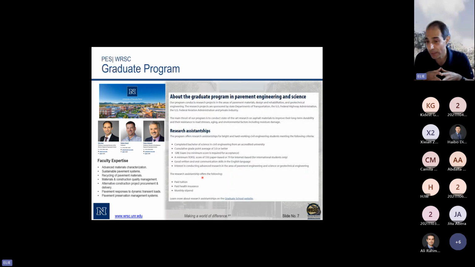I want to also mention quickly that we offer graduate research assistantships to all of our students. If you recall, I said we have about 15 graduate students per semester. They're all fully funded. What I mean by this is we pay their tuition, we pay their health insurance, and we give them a monthly stipend, a monthly salary over the 12-month period. So Ali and everybody on the call here, if you have talented students that meet those requirements and criteria, I highly encourage you to apply and join our program either for a master's degree or for a doctorate degree.